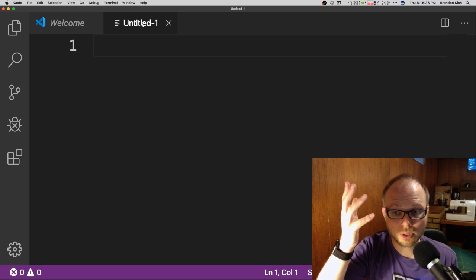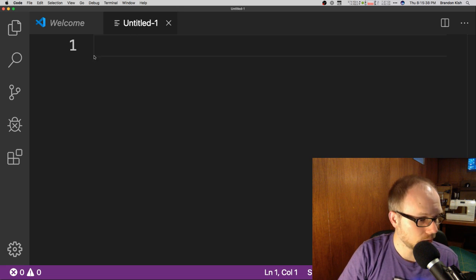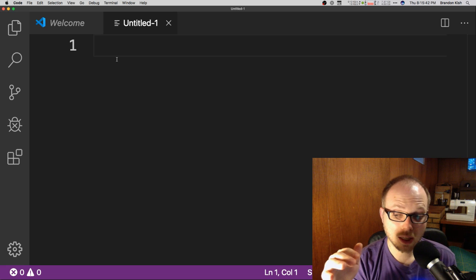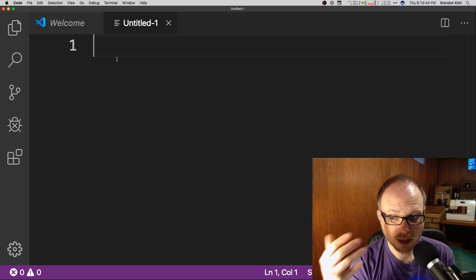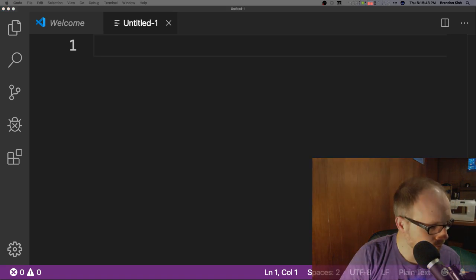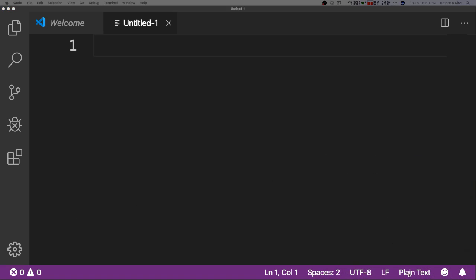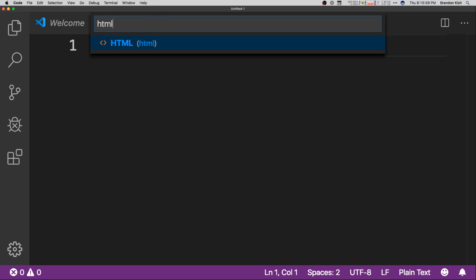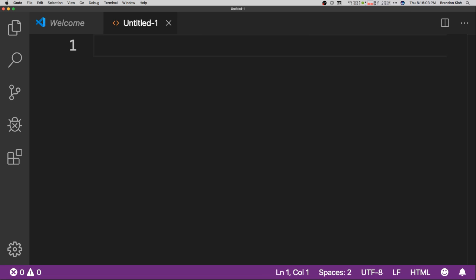Visual Studio Code is a lot like Atom in that when you open up a file that's brand new, that's blank, it doesn't know if you're going to be writing HTML or CSS. So the first thing that you're expected to do is go in the bottom right-hand side here where it says plain text and choose the language that you are going to be writing in. So this file, the first file that I want to work with, is going to be HTML. So you can just type in HTML and then hit enter to select that as your language.